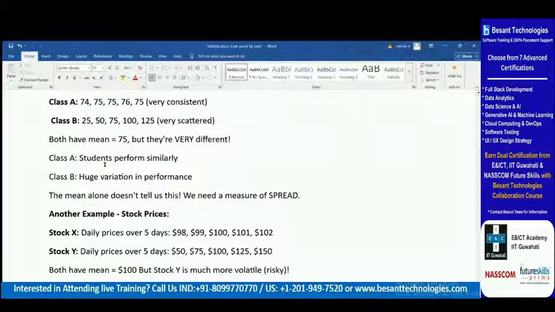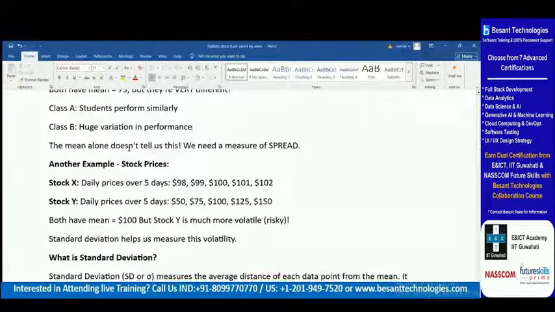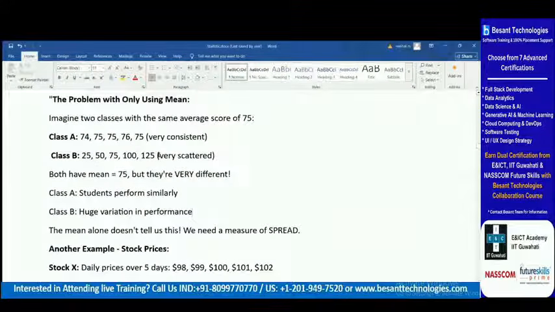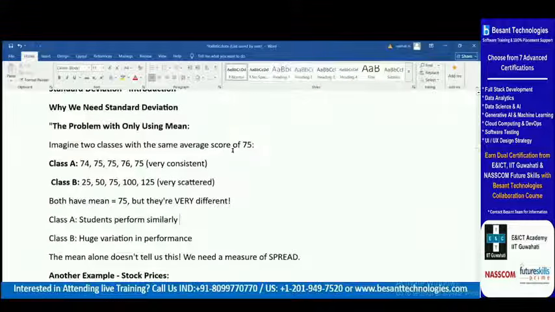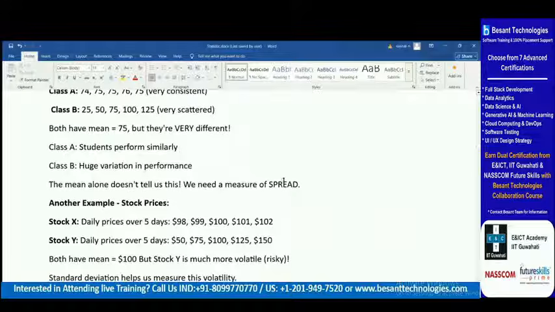Okay. So in class A, the students perform similarly, but in class B, there's huge variation in performance. The mean alone doesn't tell us this. We need to measure how the spread happens. Consider you have a massive data set, big data, and now you're going to judge how the data set is, whether we can proceed with mean or standard deviation. At that time, using the mean is not okay. So for that purpose only, to calculate how much our data set is spread, we are going with